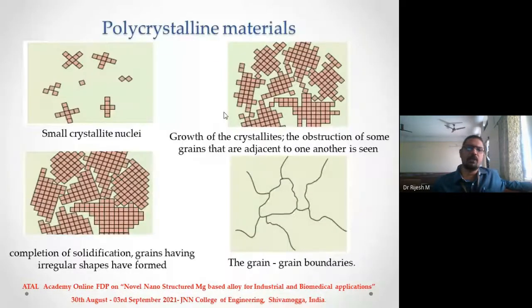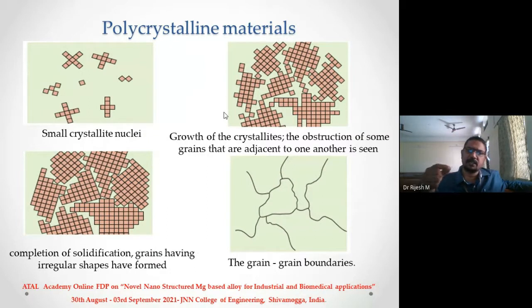Before we go, we would like to let you know about this concept of polycrystalline material. The materials that we generally use in day-to-day life for structural applications are all polycrystalline materials. What I mean to say is, they're not single crystals. This is because when you have a two-phase system,